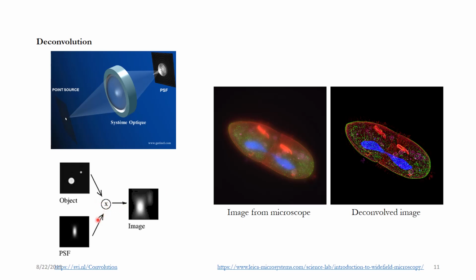where you take an image of a bead or a sample which is known to be spherical, and you get an image like this. From that, you already have the image which is like this from the microscope, and you have an image of a bead which is spherical in nature and it is producing an image like this. So you can calculate back what the original object was. In this case, this is the image that you acquired from the microscope, and you can mathematically calculate back what it would actually look like.